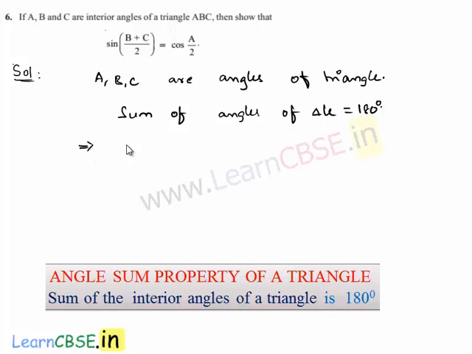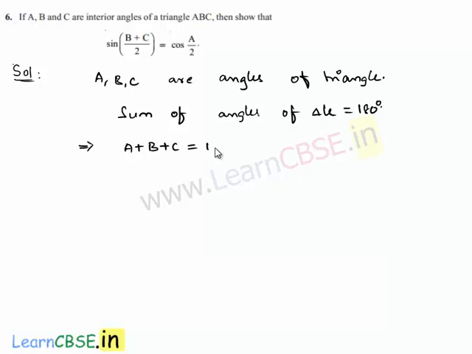That implies A plus B plus C is equal to 180 degrees. Let it remain as it is. So we are asked to prove that sin of (B plus C) by 2 is equal to cos A by 2. So now in order to prove that,